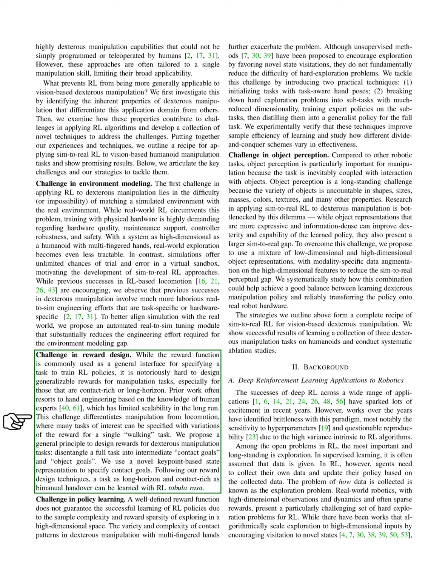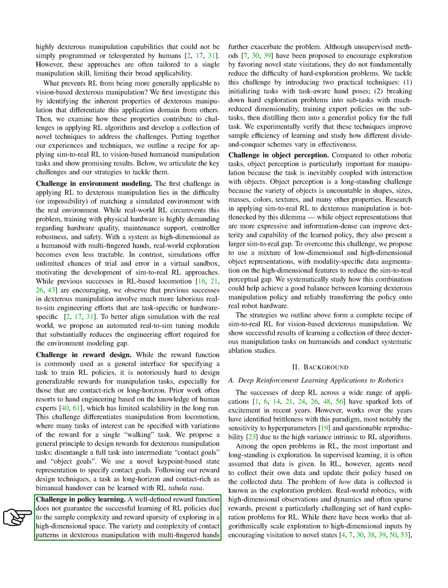The second challenge is reward design. Crafting a reward function to guide RL policies is notoriously difficult, especially for manipulation tasks that involve many contacts or long durations. Previous approaches often rely on expert knowledge, which limits scalability. We propose a new principle for designing rewards by breaking down tasks into intermediate contact goals and object goals, using a keypoint-based state representation for contact goals. This approach allows us to learn complex tasks, like bimanual handover, from scratch.